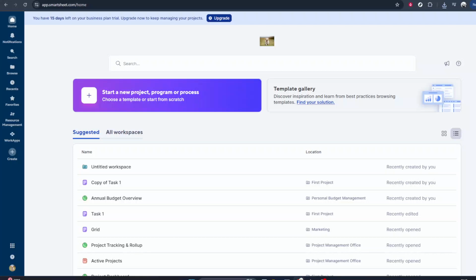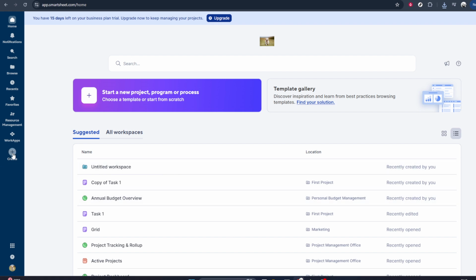In today's video, I'm going to teach you how to create a Kanban board in Smartsheet. We'll walk through this from a completely blank starting point, so even if you're new to Smartsheet or to Kanban, you'll be able to follow along. A Kanban board is a visual way to manage work, usually with columns like To Do, In Progress, and Done. By the end of this video, you'll have your own board set up and ready to customize for your team